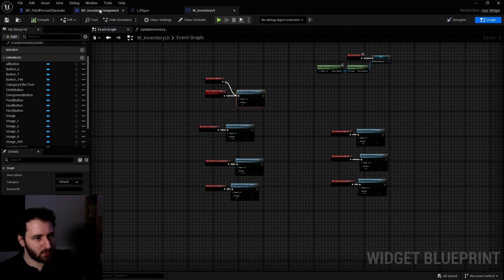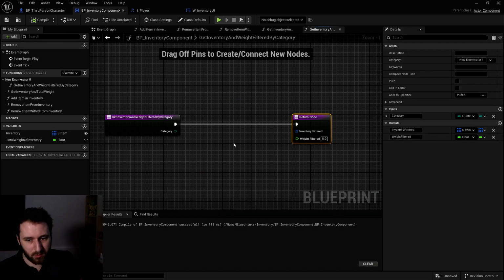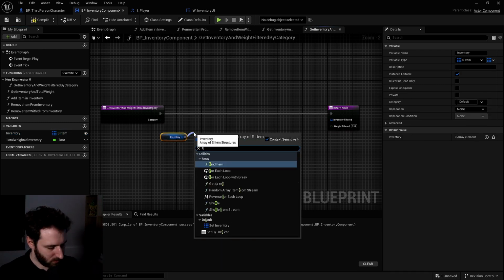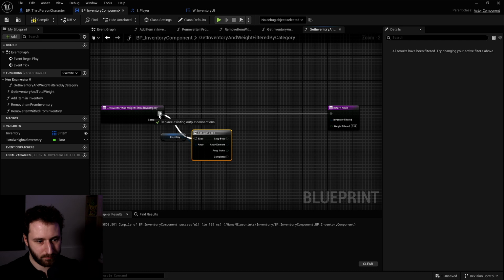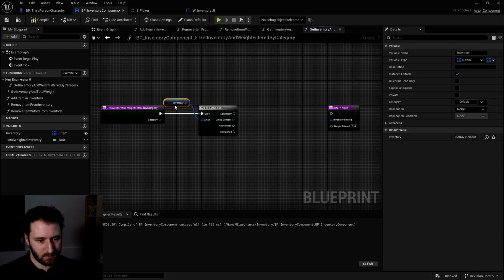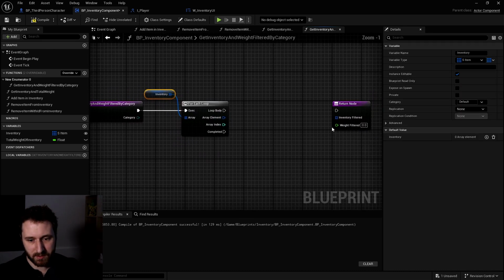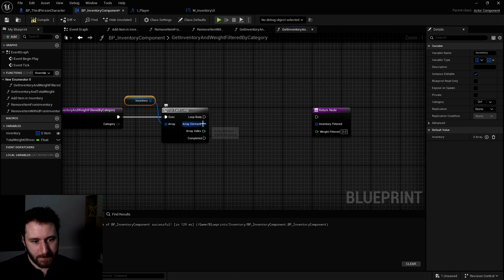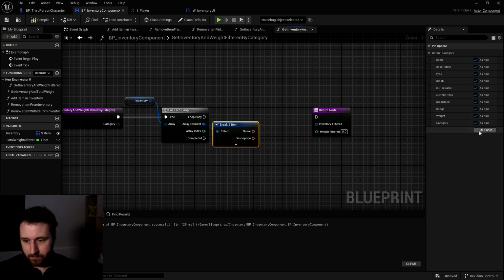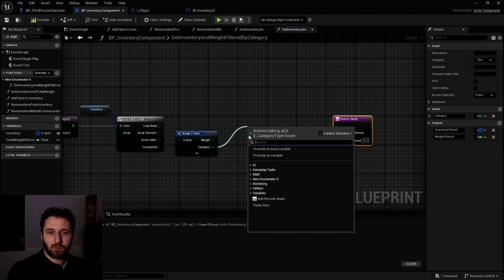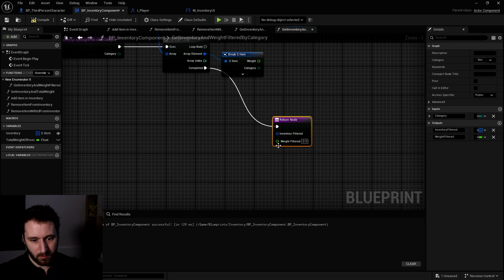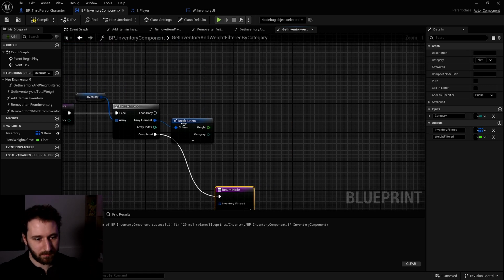So we need to do the function in the inventory component, the most complicated one. Okay, so we will go through our inventory. So we get our entire inventory. We'll do a for each, for each item in our inventory. Let me reduce this and reduce this to have some space. We will break this item. We will get our weight and our category. If the category is the same, we need to add that to an array, and then when it's completed, we will send this in here. We'll send this to the inventory.